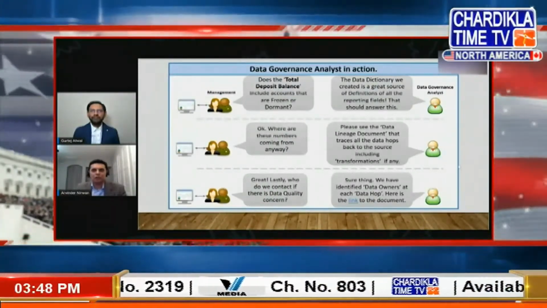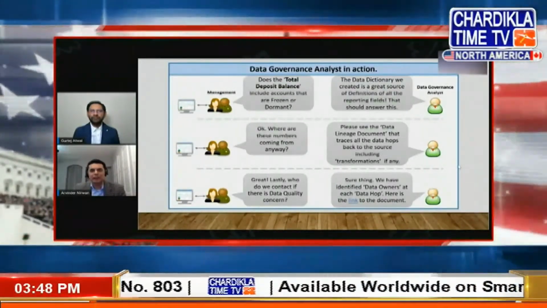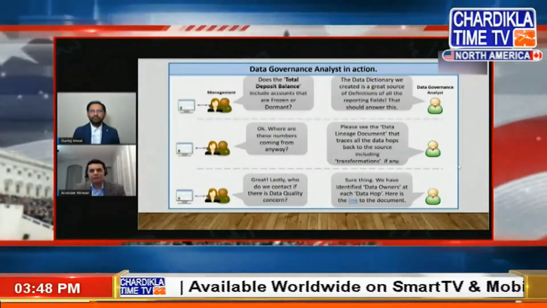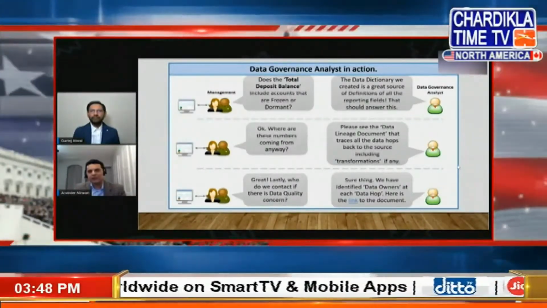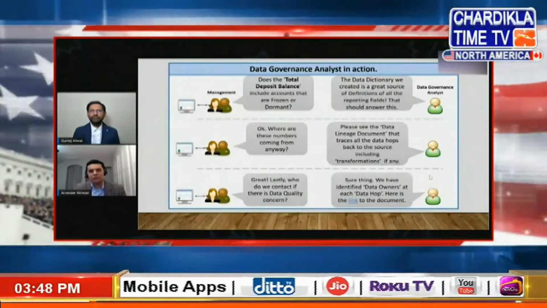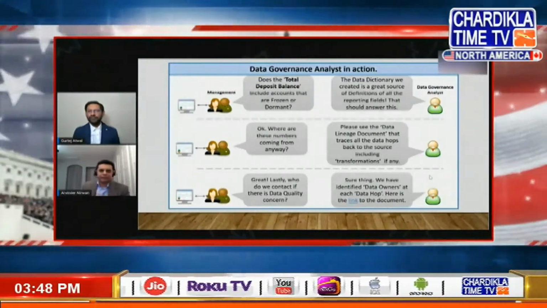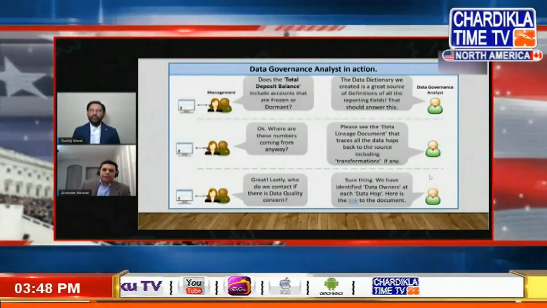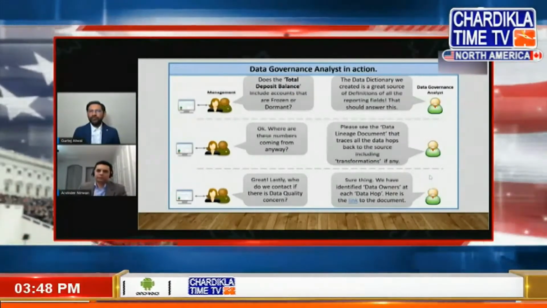So it's the job of the data governance analyst to make sure that for each data hop, there are actual owners documented, they are in the loop, they are on board. If any question or issue comes up, folks should be able to go back to those data owners to get the remediation done. So Ravinder, the role of a data analyst seems to be very important because